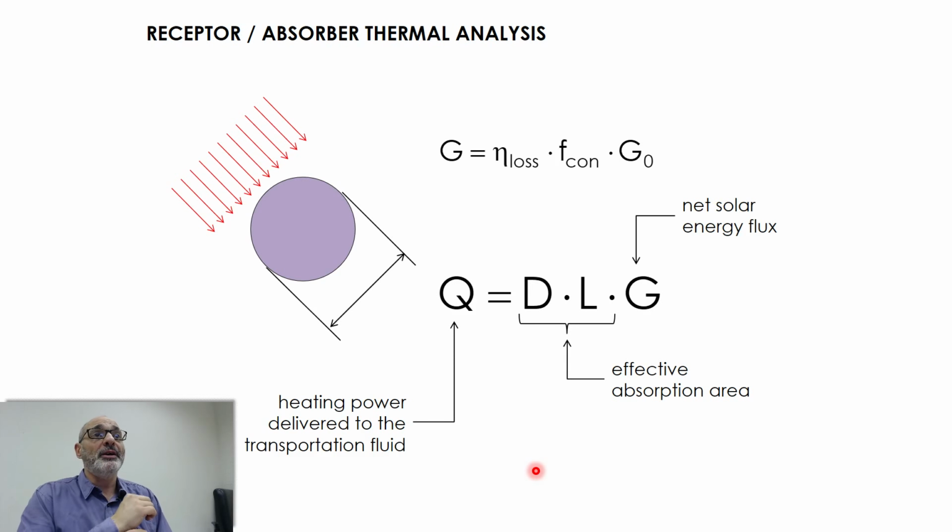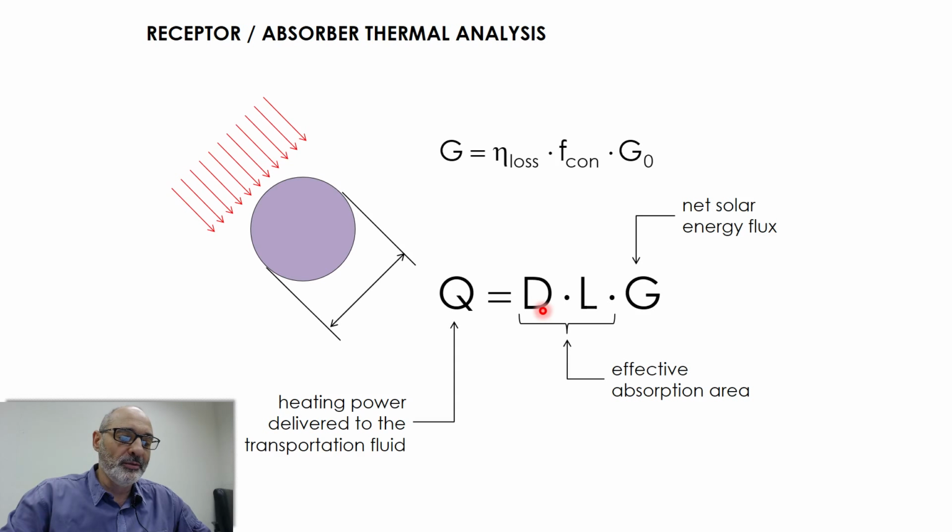Just a remark here, I'm trying to prepare some working formulas for our conceptual design. That's why I'm giving you all these details. So now we know how much energy is available for the fluid. The fluid is this purple circle here. So it's G0. And the amount that is going to be absorbed and then afterwards delivered to the secondary,